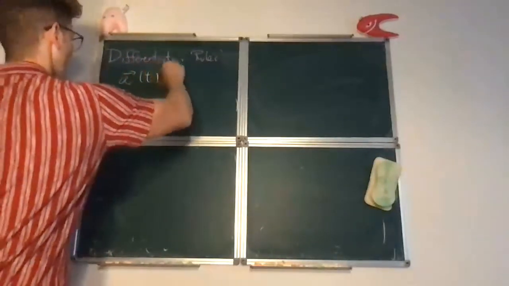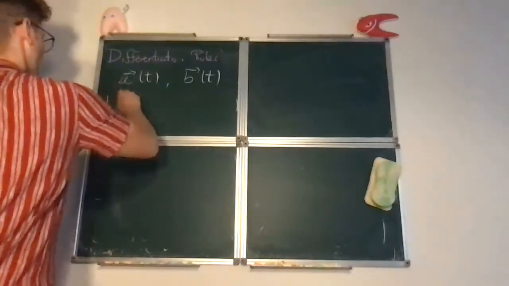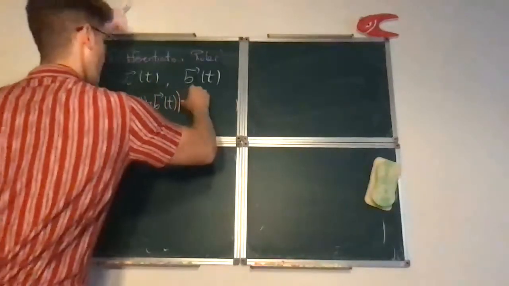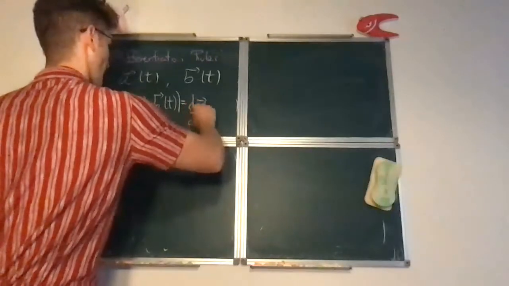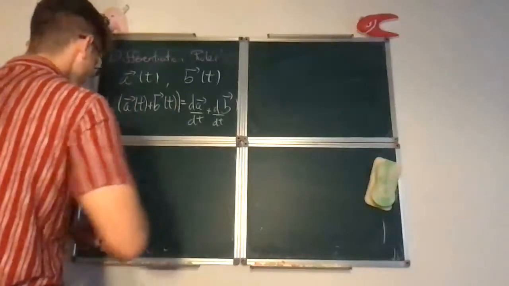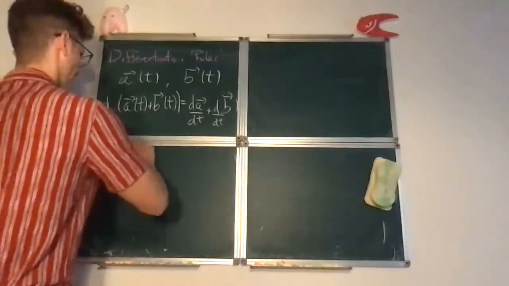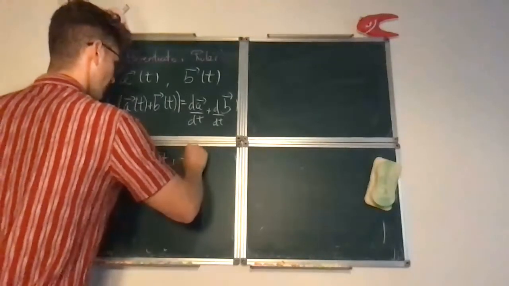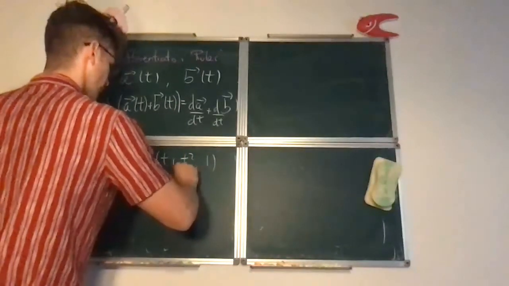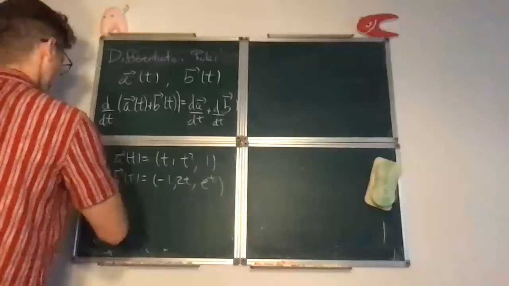But say that you had two vector functions of time. Then if you wanted to take the derivative of the sum, you would just take the individual derivatives. So for example, if a of t is just (t squared, 1), and b of t is (-1, 2t, e to the t), then the derivative for the sum, again,